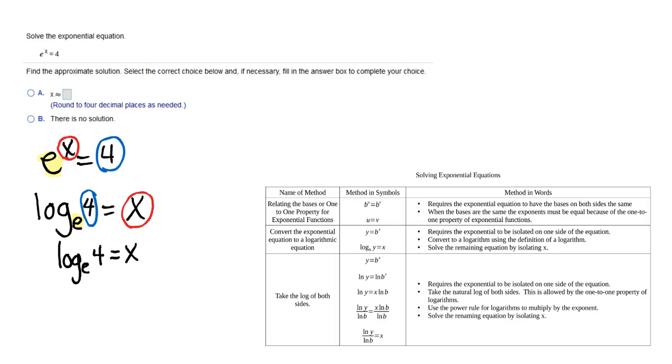Now we don't typically write log base e. We have special symbols which are the natural log. So we use natural log when it's log base e. And we have our equation solved. We have x equals natural log 4. So that was with this method of converting it to a logarithmic equation. Okay, let's try it again